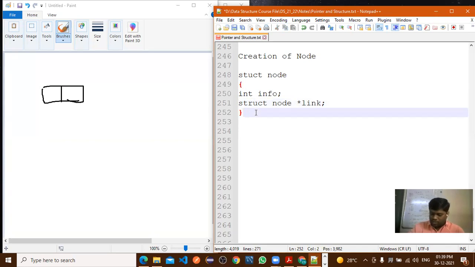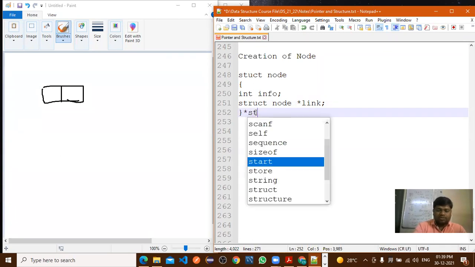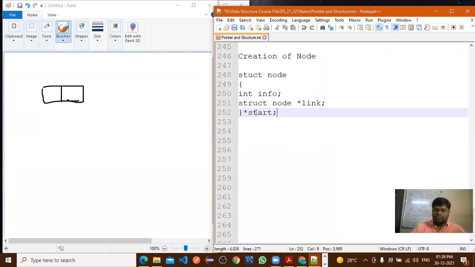Now here I will write start. Here one more pointer variable I have considered, a variable of that struct node. Can I write like this? Yes or no? So first, who will call this node?